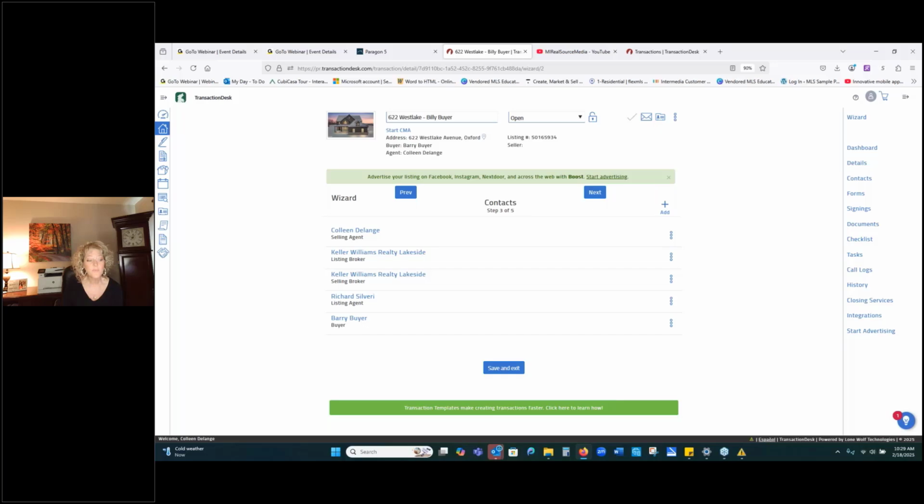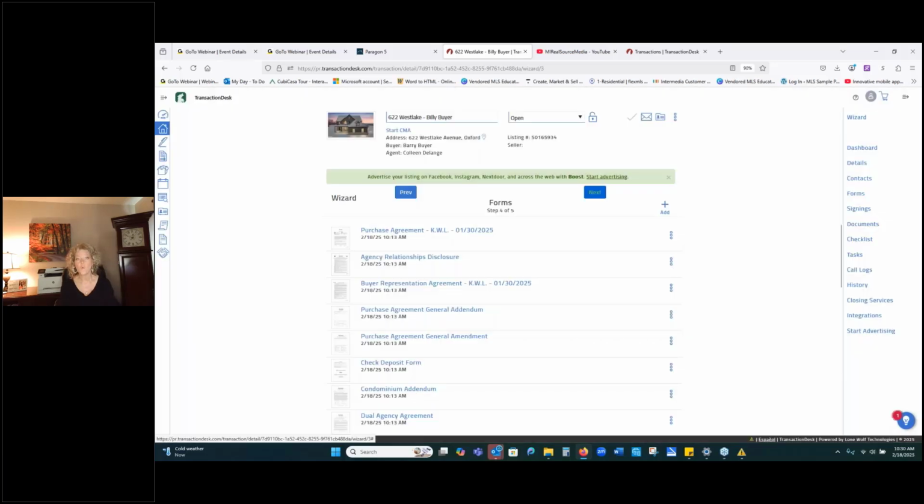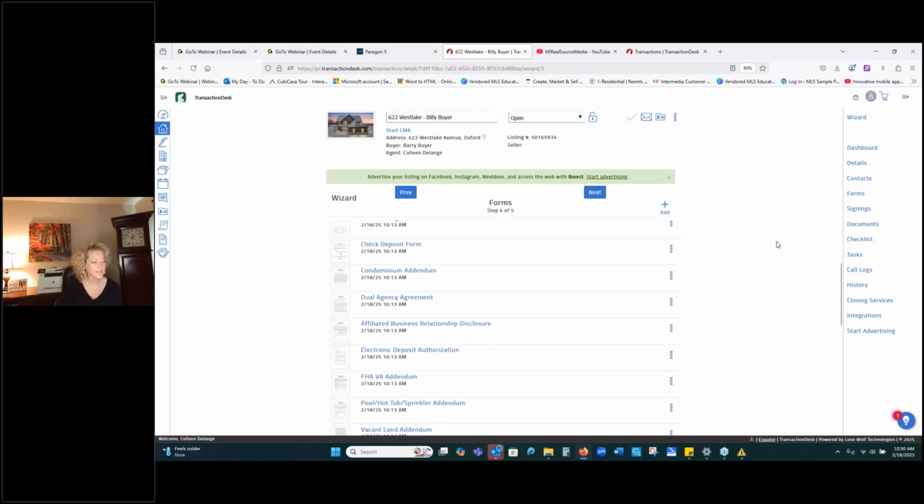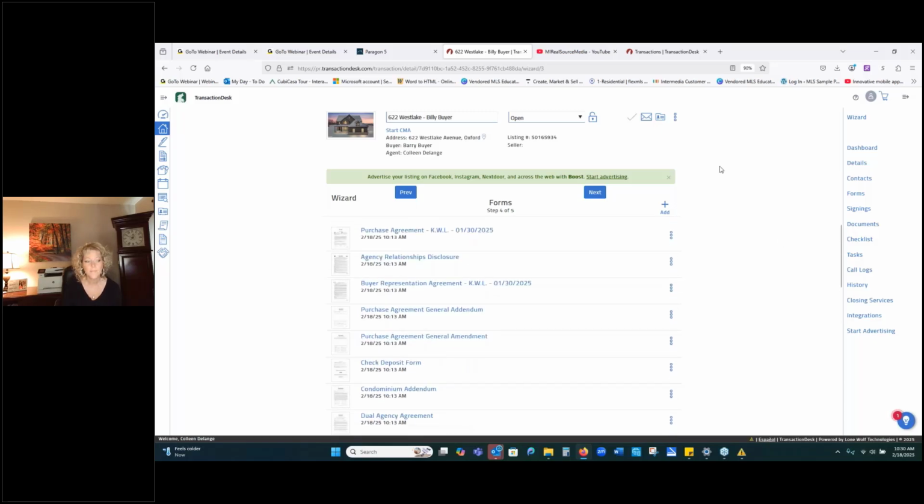All right, so step 4 is forms. So obviously, as you can see, because I picked my form packet for my office, all of the forms that my office requires have immediately been dropped in. I don't have to go look for them. If there is a particular form that I noticed, maybe I sold a home with a pool, and I'm looking through my forms and I'm like, you know what? I need a pool addendum. I can always go to this add,